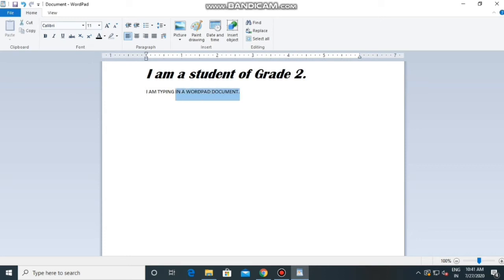Now if I want to bold my text, I'll select it and then click on this B button. The shortcut key for the bold is Ctrl plus B. You need to press both the keys together. And if you want to unbold it, again you will press Ctrl B, or you can go to this option. You will click it here.